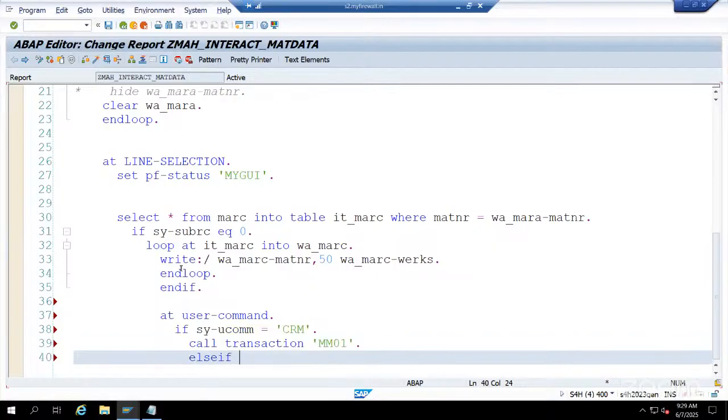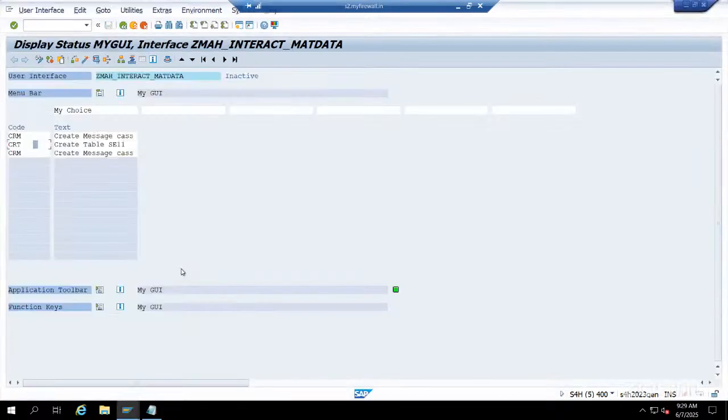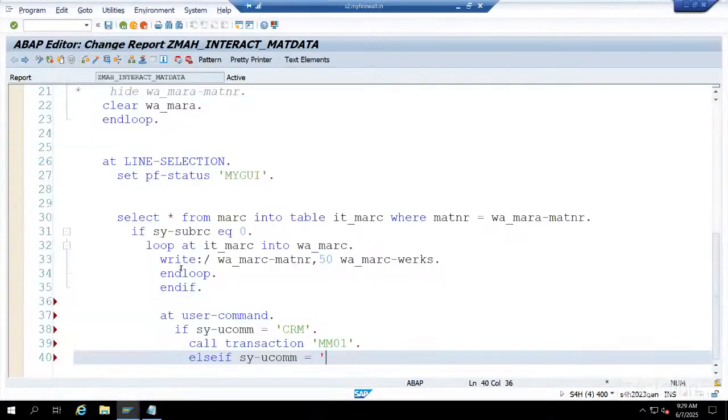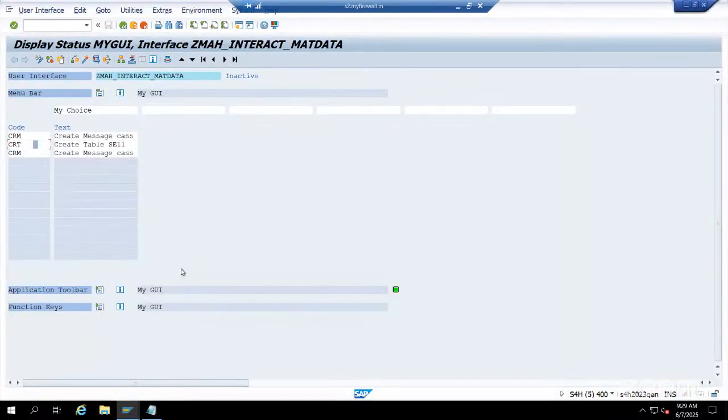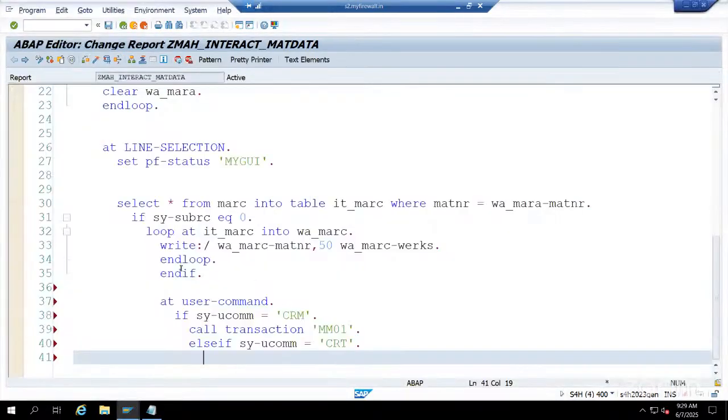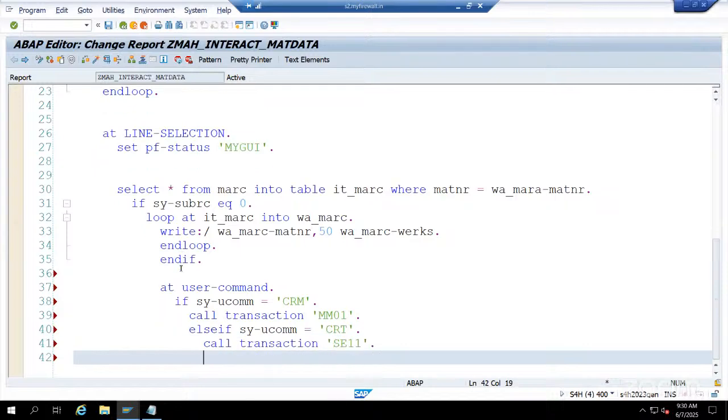Else if SY-UCOMM equals CRT, create table. Call transaction SC11. Else if SY-UCOMM equals